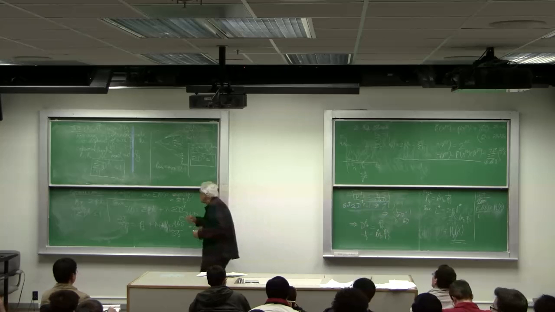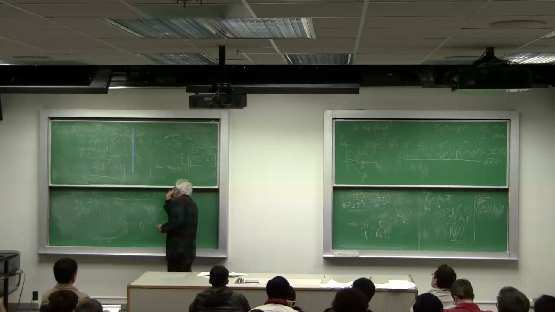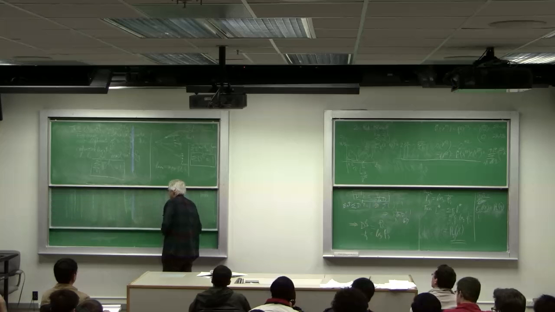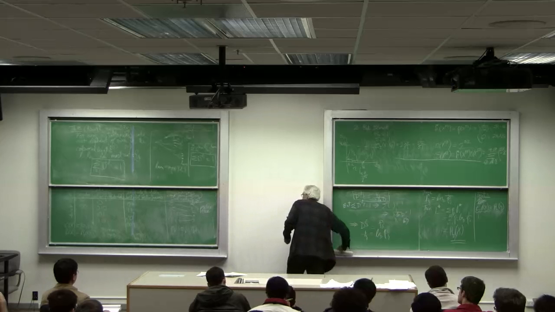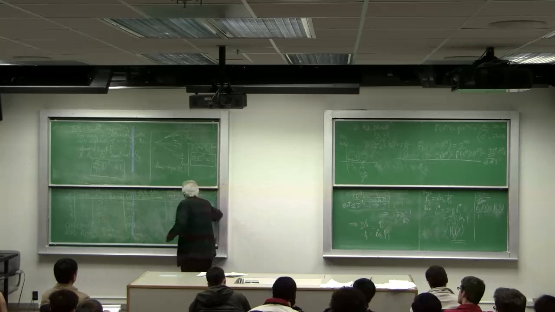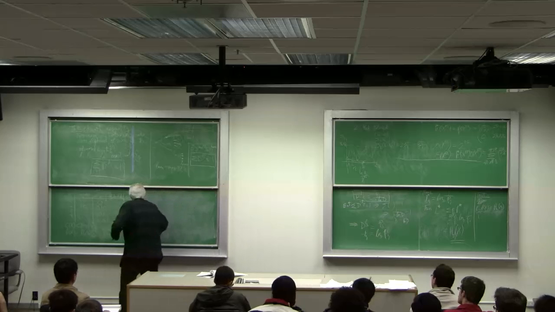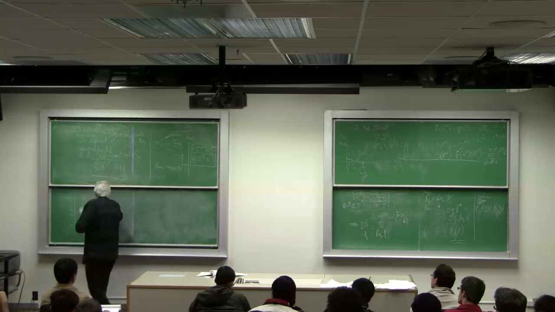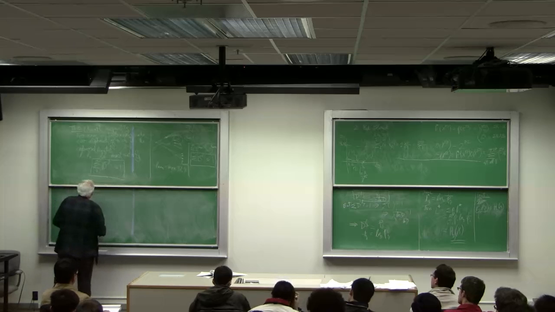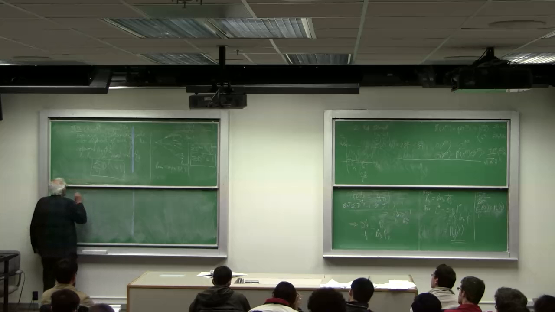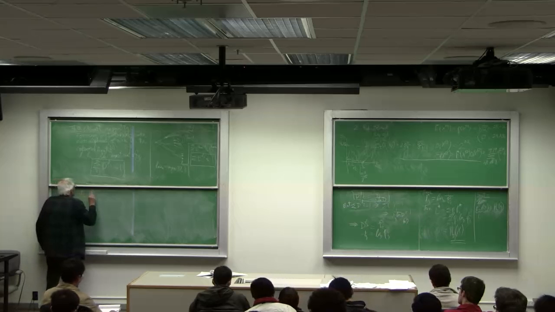So let's examine a particular code, and then that will be the last thing we do today. And it's called a Shannon code. I think Shannon discussed it in his 48 paper. Let L sub i